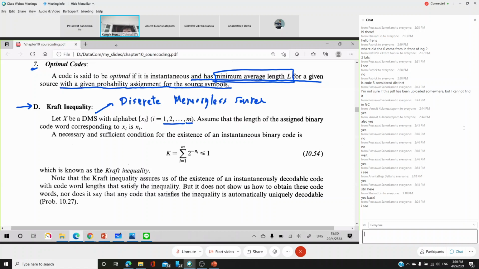Okay, assume that the length of the assigned binary code word corresponding to Xi is Ni. So Ni is the length of code word Xi. Okay. A necessary and sufficient condition. So it's both necessary and sufficient for existence of instantaneous binary code is that